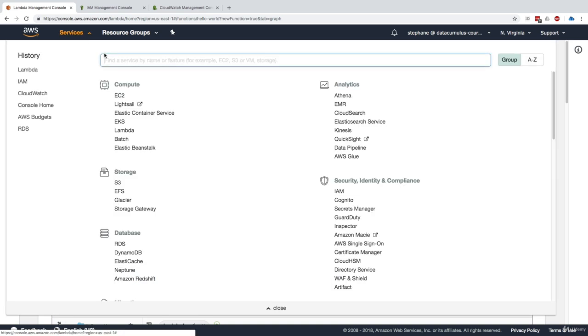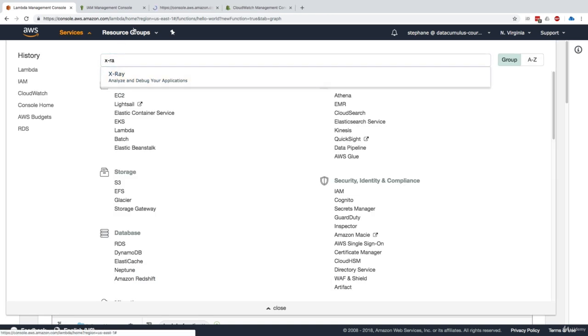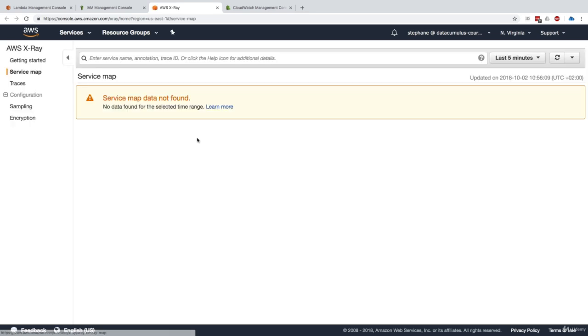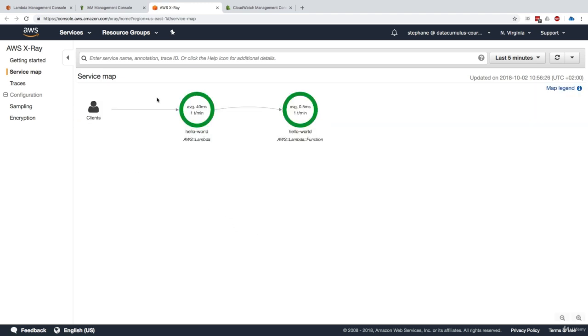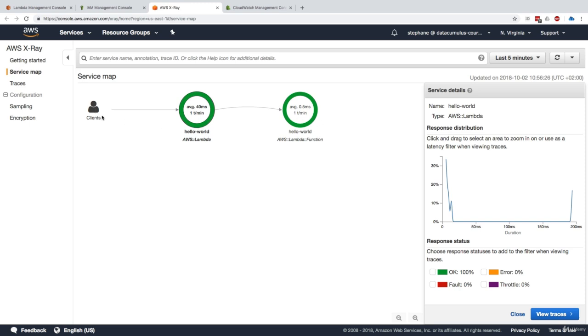Okay, now let's go and open X-Ray. The X-Ray service map should show us what's happening. This can take a little bit of time to update, so I'll just wait 2 minutes. And now we can see in our service map that our Lambda function was invoked by our client. We can see how long the invocation took. The first invocation lasted about 160 milliseconds, and we can see how long the Lambda function itself ran for.